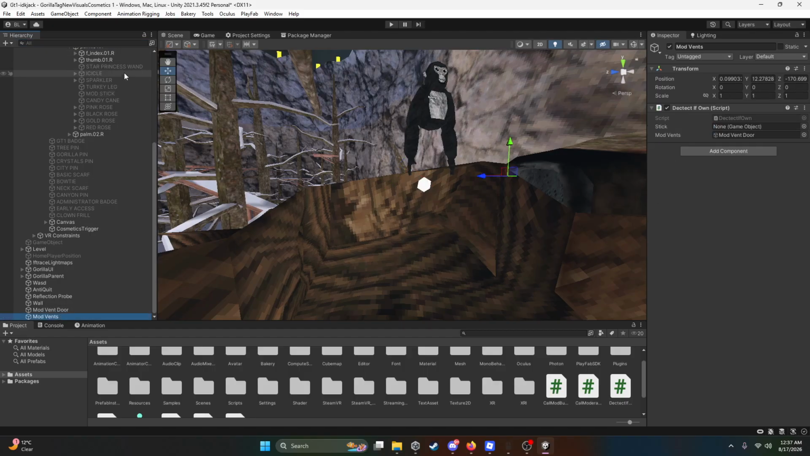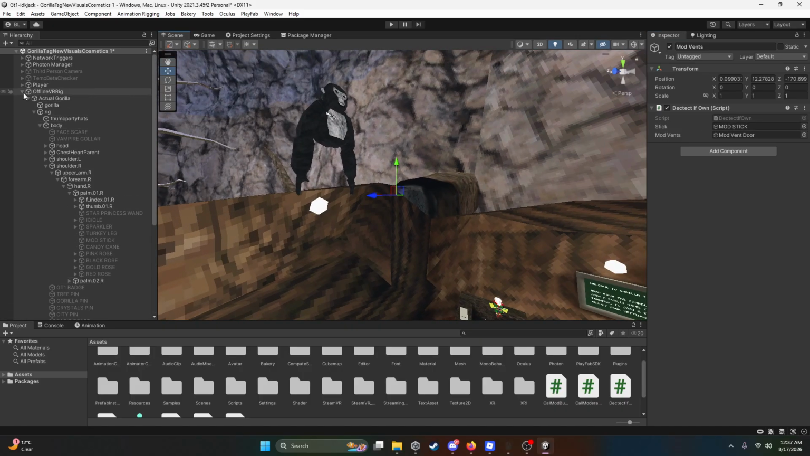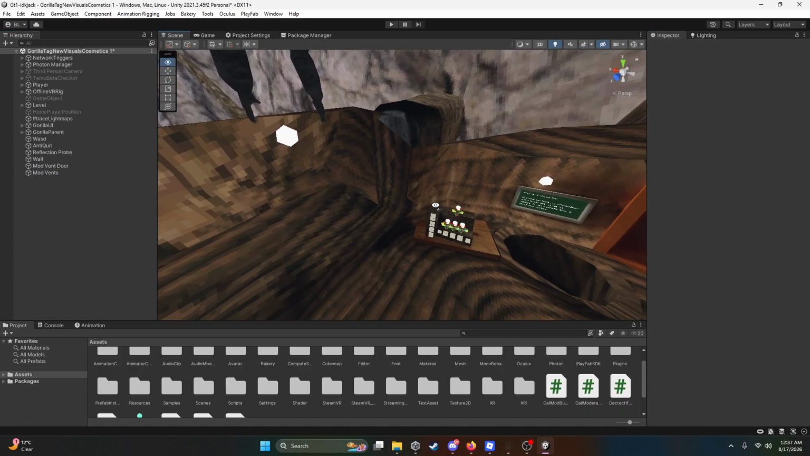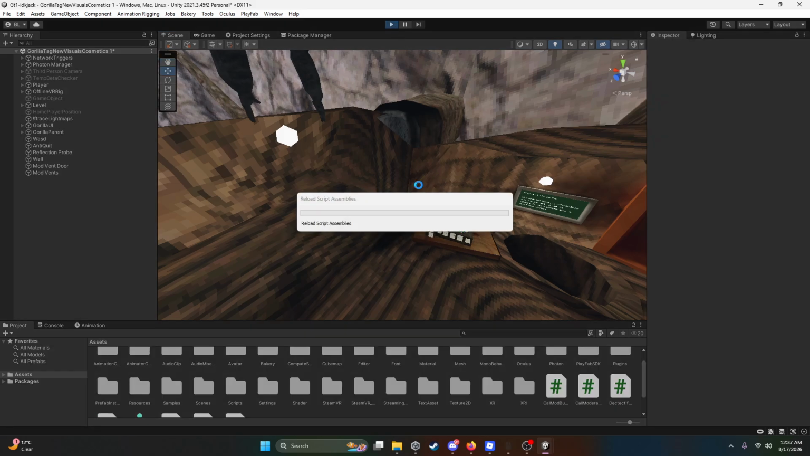Go back to your Modrun script, go to your mod stick or whatever cosmetic, and drag it onto the stick like so. And now, if you go into play mode,